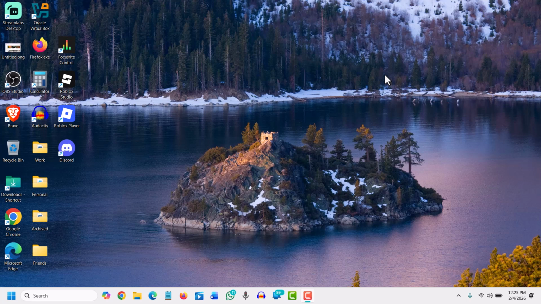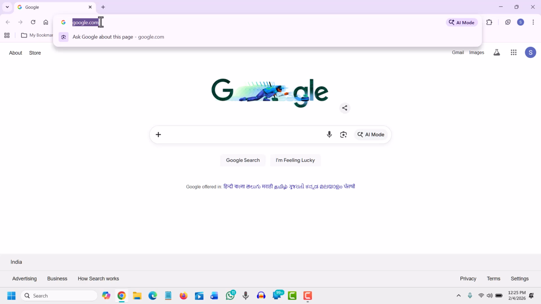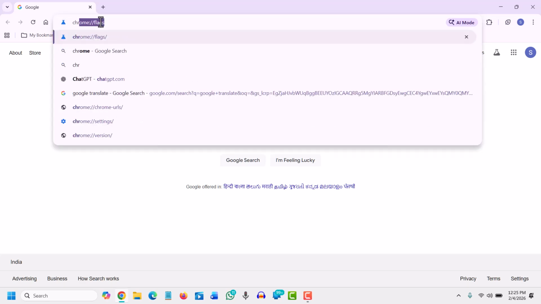Good day everyone. Learn how to increase the download speed of Google Chrome in laptop or desktop in just 60 seconds. So you can increase the download speed and overall the browsing speed in Google Chrome by just doing only 2 steps. So open your Google Chrome and at the top right, in the address bar, just type Chrome :